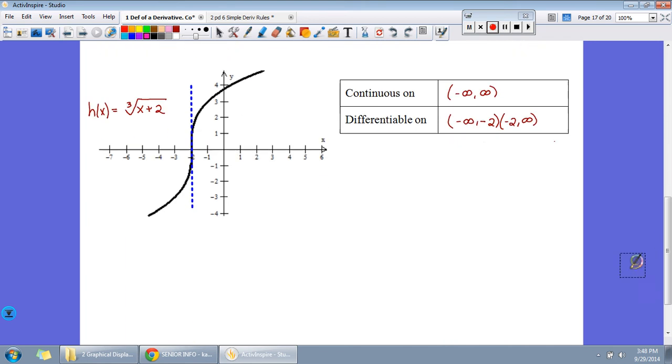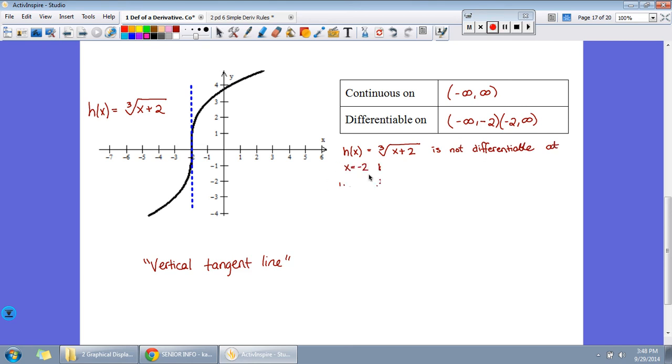For our third function, we have h of x equals the cube root of x plus 2, and it's continuous everywhere, but our problem is we have a vertical tangent line at x equals -2. The slope of a vertical line is undefined, and I'm going to show you what I mean on our limit definition of a derivative. It's not differentiable at x equals -2 because, and then we're going to use our limit definition,